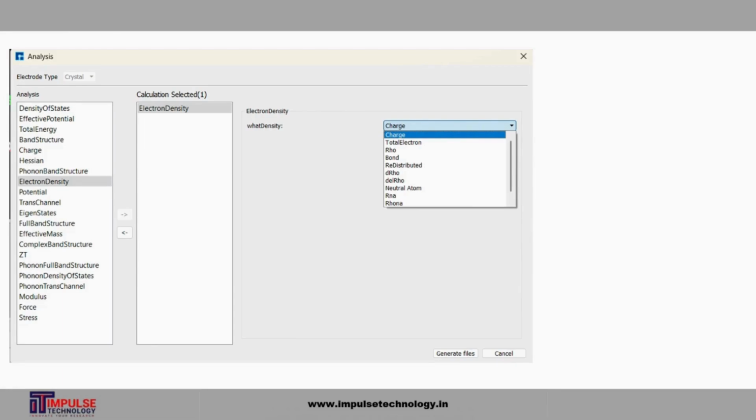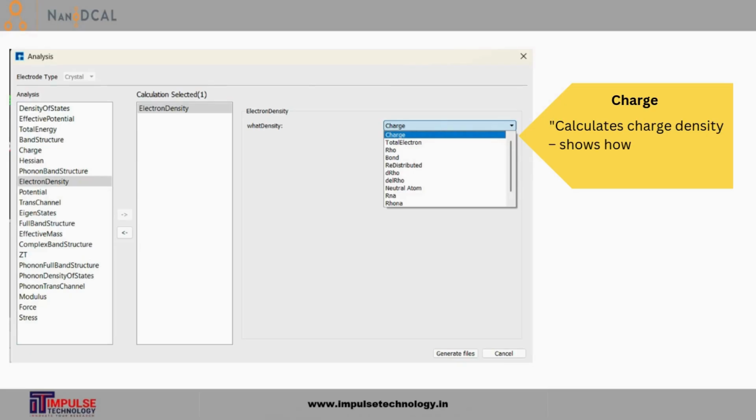You can see the density function parameters like charge, total electron, rho, bond, redistributed, delta rho, again delta rho, neutral atom, RNA, and rho Na. The charge parameter basically explains net charge distribution across atoms or space and helps to analyze charge transfer, polarization, and doping effects.